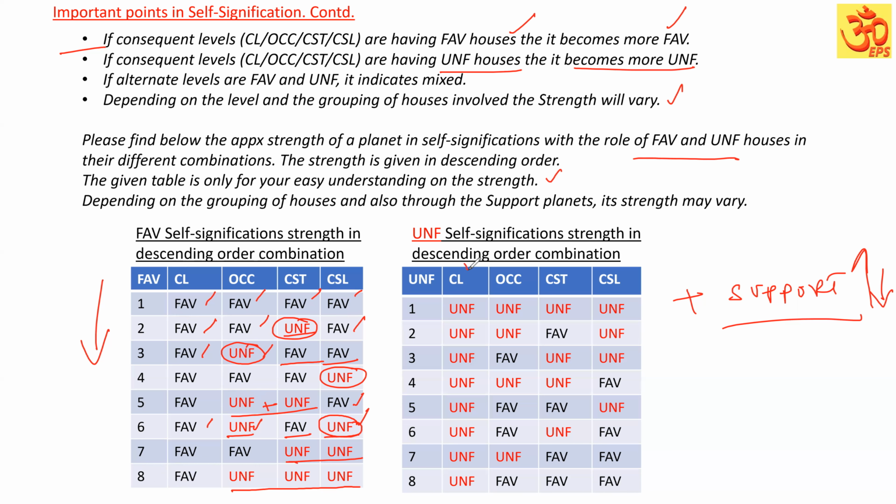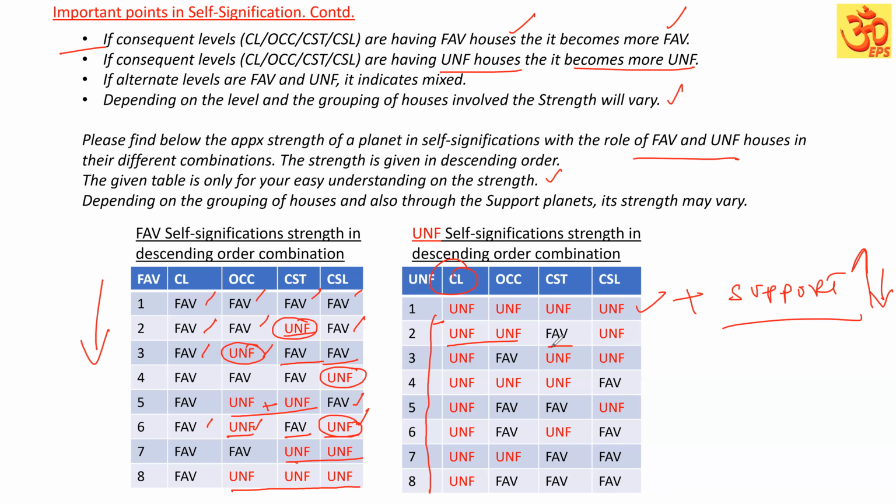Similarly, a planet in CL is unfavorable. All planets, examples are given. Unfavorable CL, OCC also unfavorable, CST also unfavorable, CSL also unfavorable. It is going to be more unfavorable. So here, the unfavorable strength is in descending order. The first one is strongly unfavorable. Then the next one is